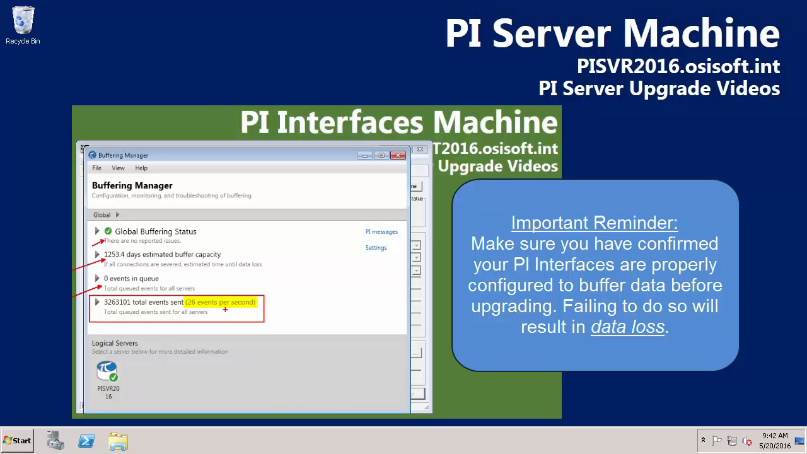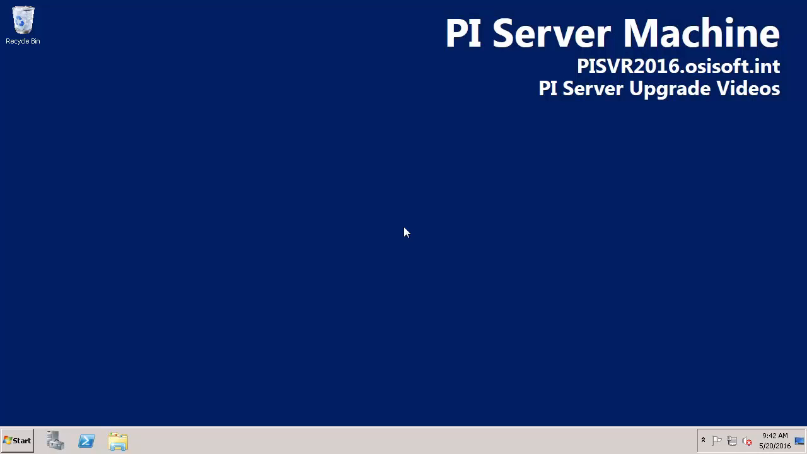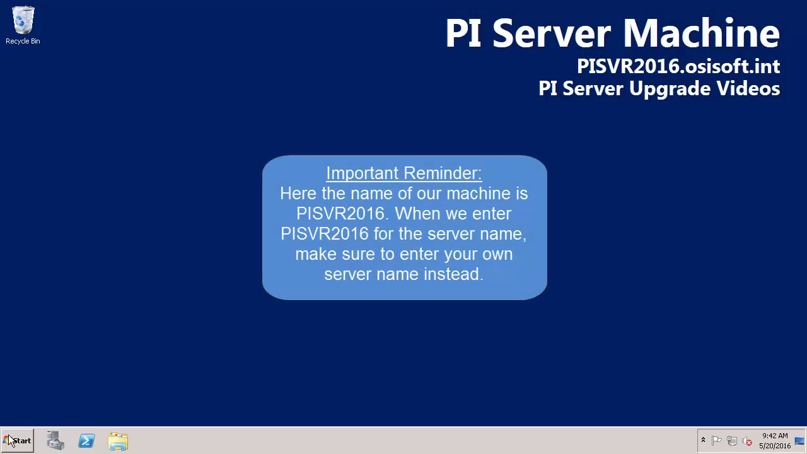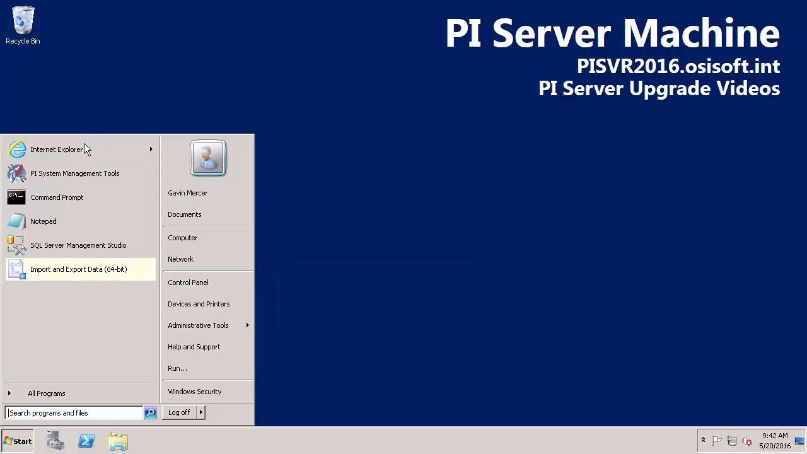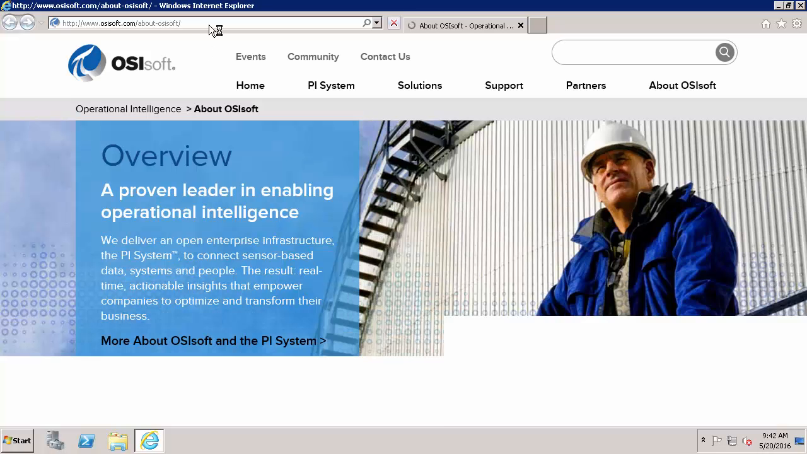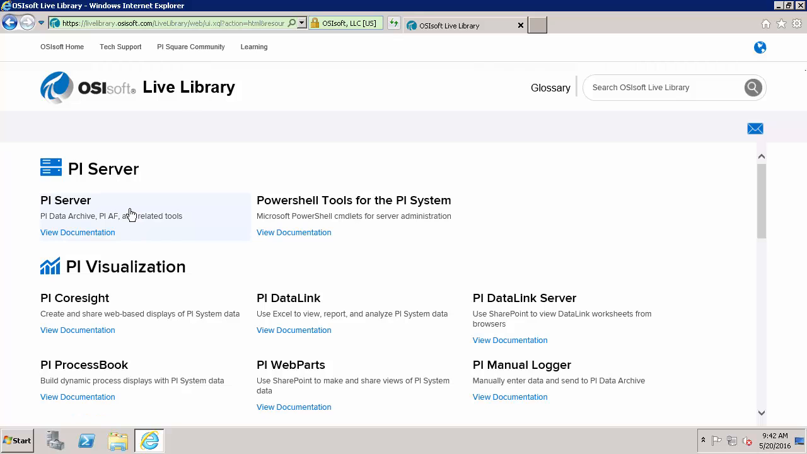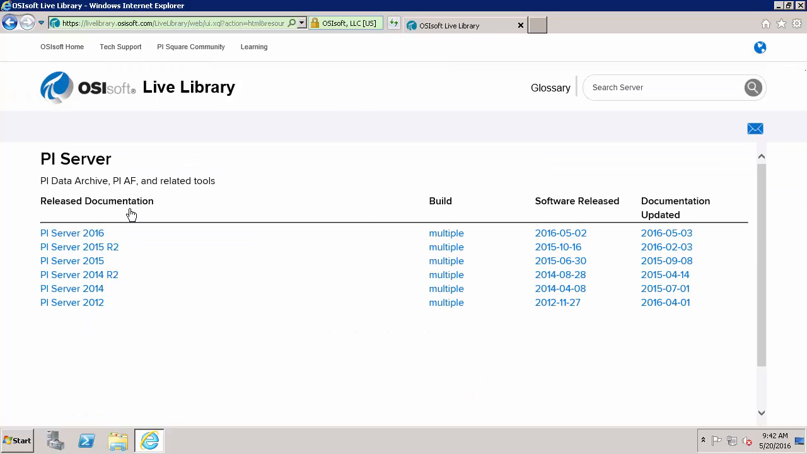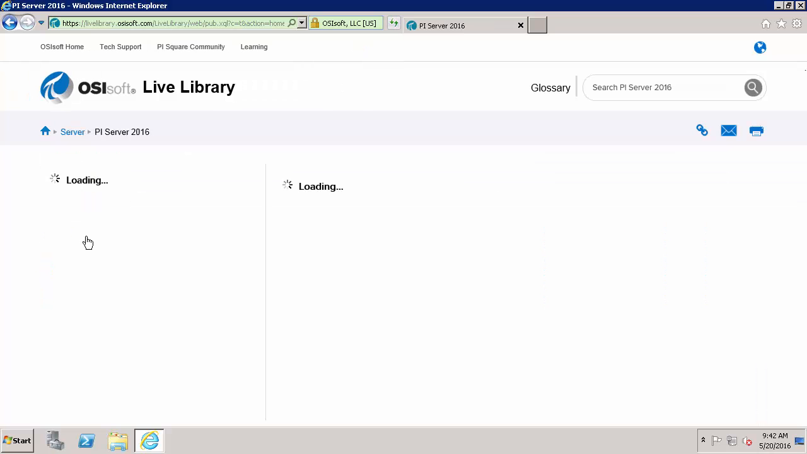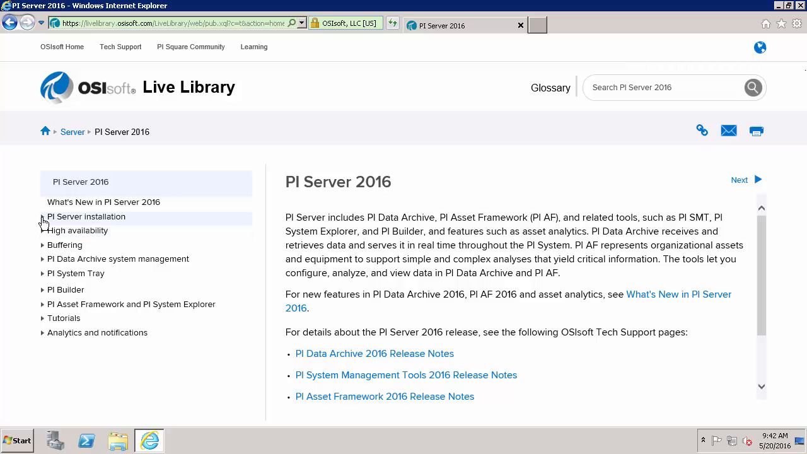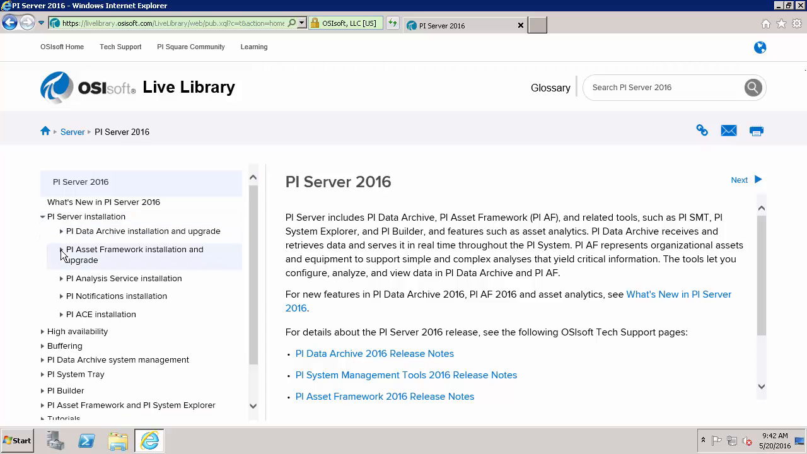Now, from that PI Server architecture discussion we had in a previous video, we know that we want to install the AF service and the AF SQL database on this same machine. To find the process for that, we'll open our live library again at livelibrary.osisoft.com, and in the server section, we'll select our appropriate version, and in installation, asset framework installation,